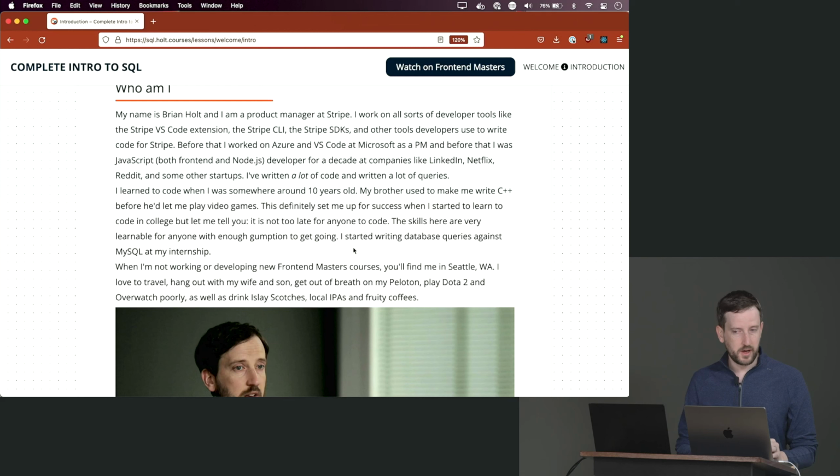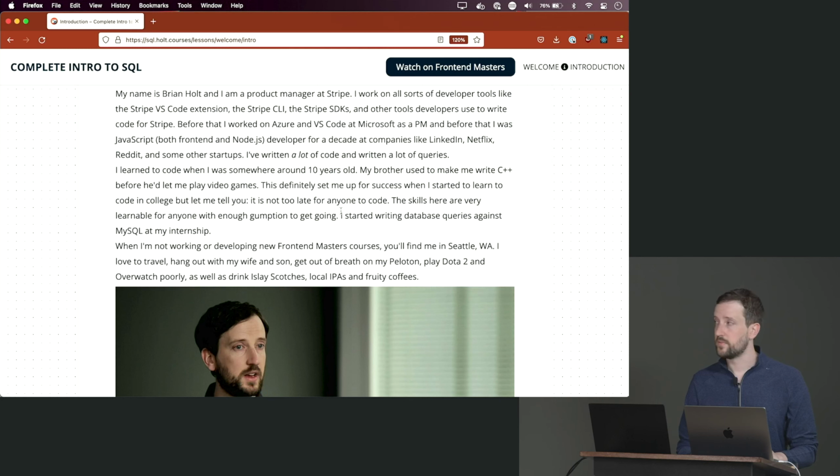When I really started writing a lot of serious SQL was my internship, where I had to query these really archaic and weird databases using SQL, which taught me a lot. And then over the years at Reddit, I wrote a lot of queries. At Netflix, it's kind of been a theme throughout all my career to use SQL and various incantations. I didn't really start using Postgres until I worked at Reddit. Before that, it was mostly MySQL. But while most of the things we're going to talk about today are very specific to Postgres, a lot of these skills are generally applicable across all and any SQL databases. And we'll talk about that in a little bit.